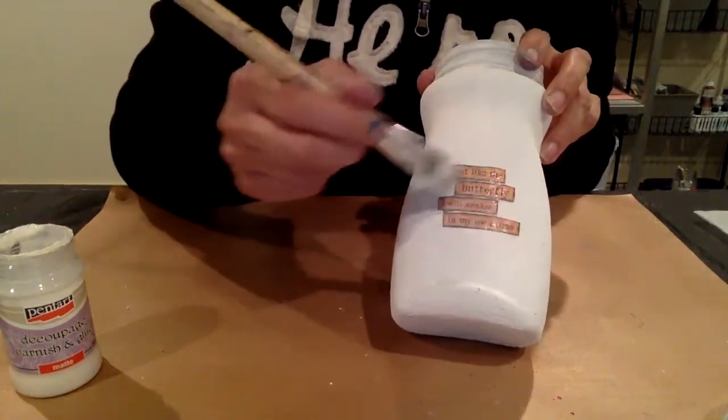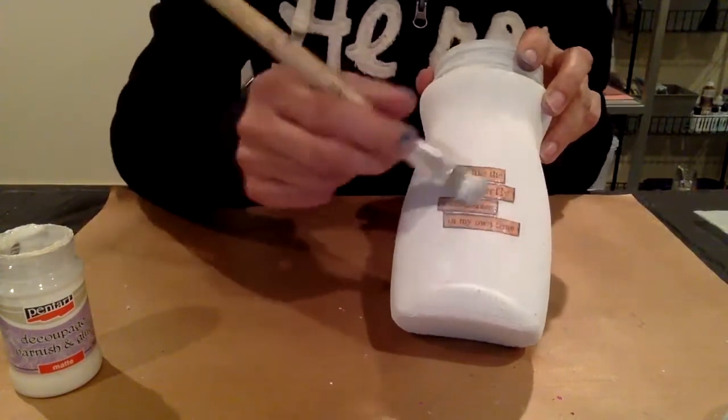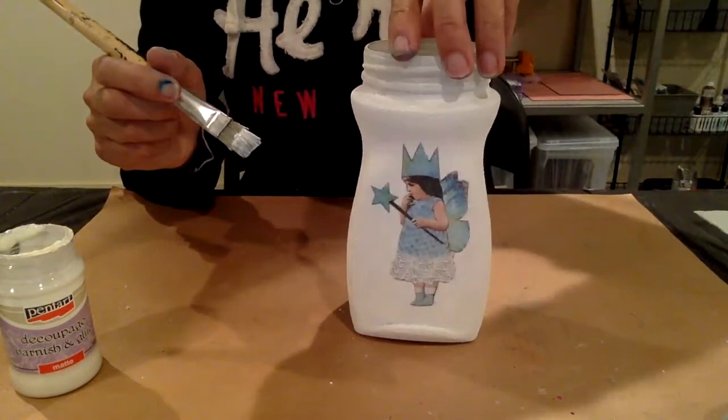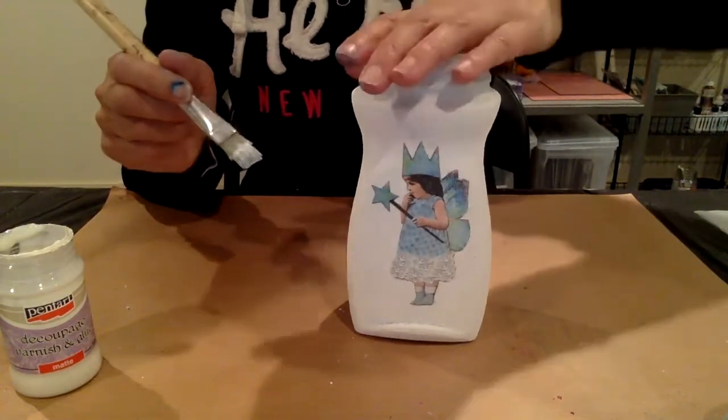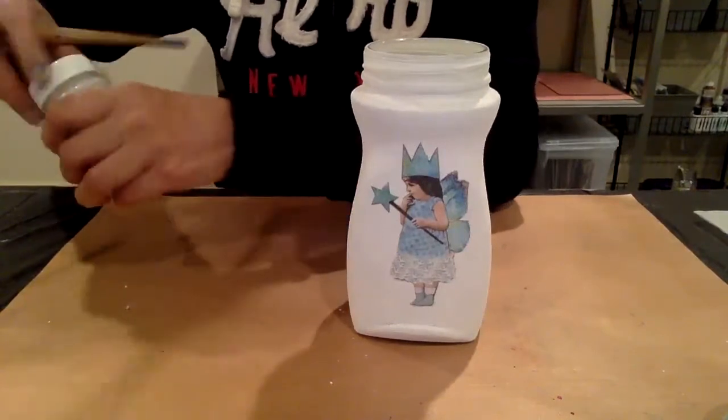I think the children will love this project, and it gives them something to look back on during this time of uncertainty. So there you have that, and look at that. What a big difference. We went from a plain white jar to all of a sudden having this beautiful image